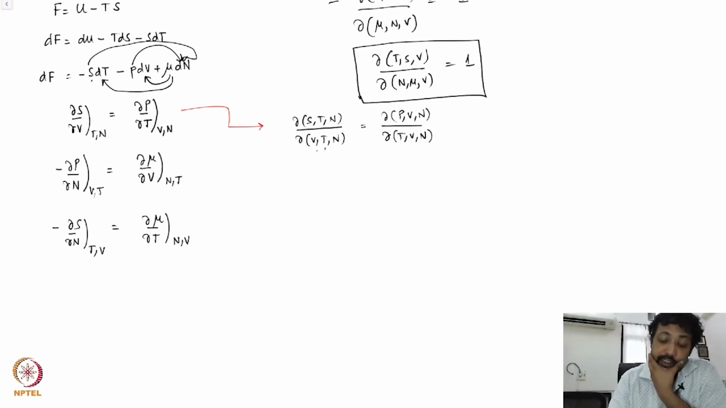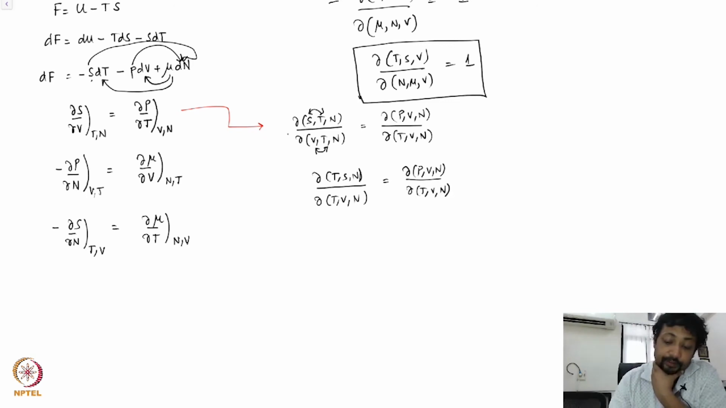Let's interchange v and t in the denominator over here, and t and s in the denominator and in the numerator. So this means if I have del t s n, I will bring a minus sign, which I'll use to do it like this, is del p v n del t v n. So effectively, in coming from here to here, what you have done here is del t s n. So del of s t n, del of v t and n